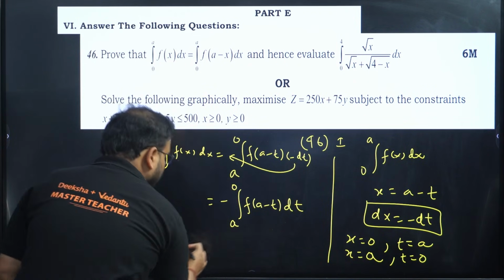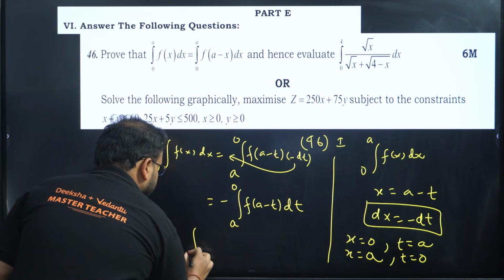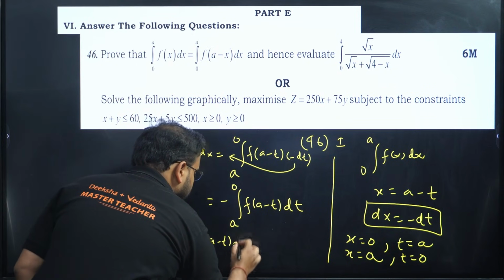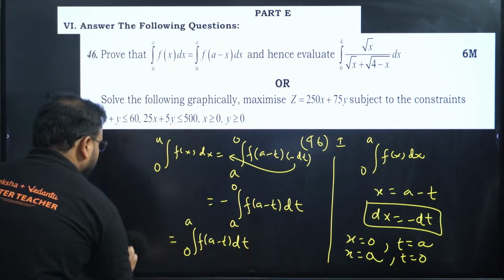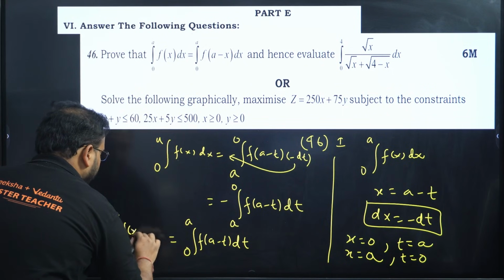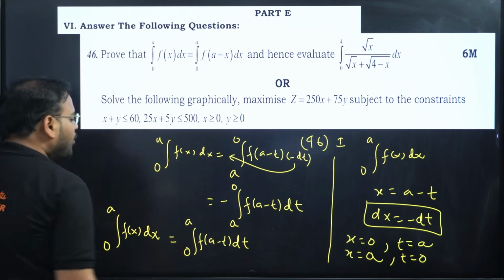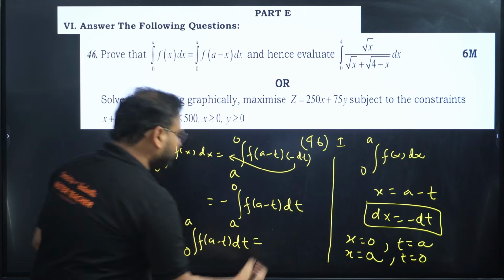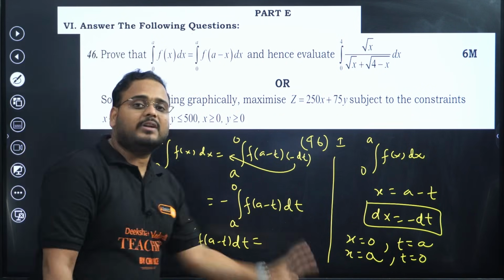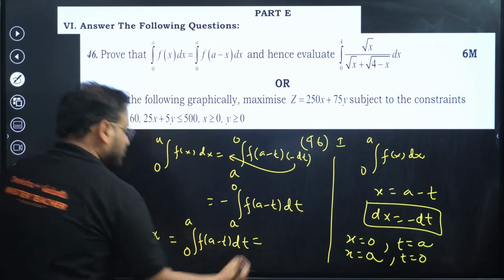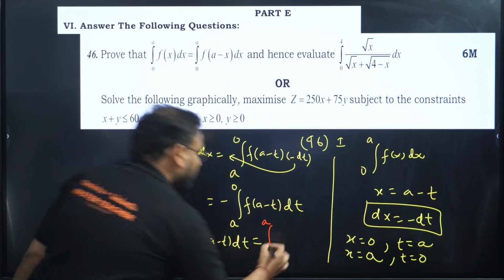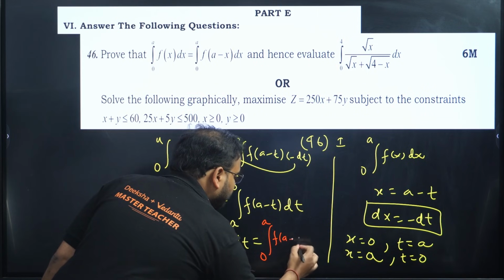So you'll have this answer as 0 to a of f of a minus t dt. And this is nothing but your value of 0 to a of f of x dx. Now we all know that in a given integration, I can change the variable without any change in the integration. So let's do that. Limit remains the same, 0 to a, just change the variable: f of a minus x